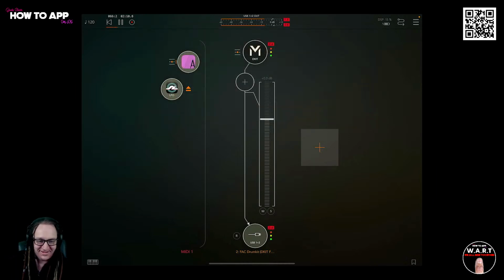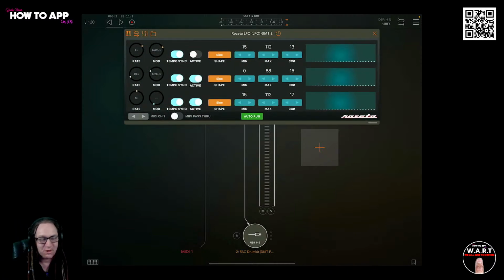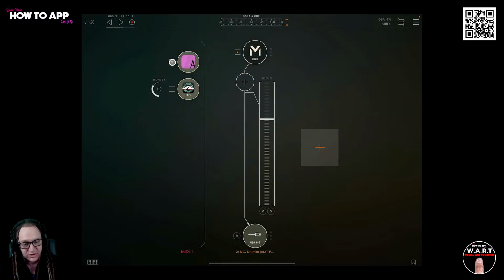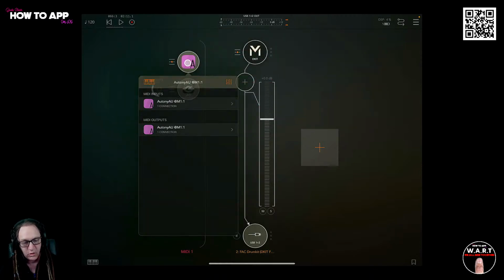Now, what's interesting is you can set this up so you can have LFOs or something controlling these knobs. So here we've got Rosetta LFO, and basically this is just an LFO. You've got 3 LFOs in here. You can assign this to a MIDI number. So I've got MIDI 13 and 15, and just to show you how to do this, I've gone here into Autony,